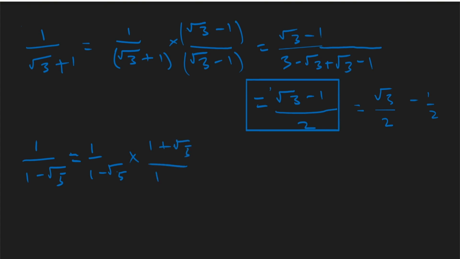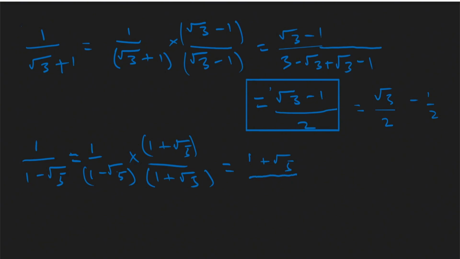This is 1 plus root 5. Okay, let's go. As we've done earlier, this is the same as we distribute 1 here. We're going to have 1 plus root 5